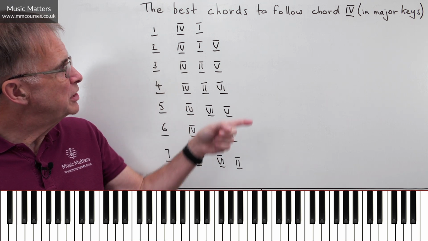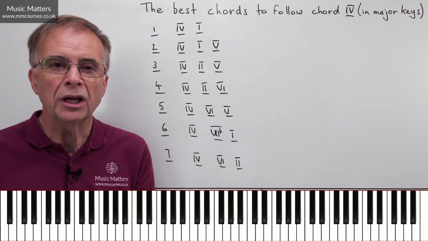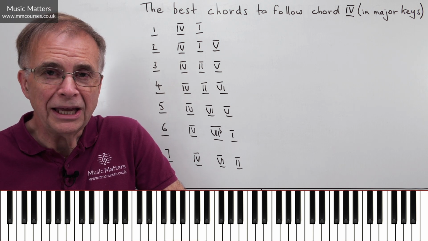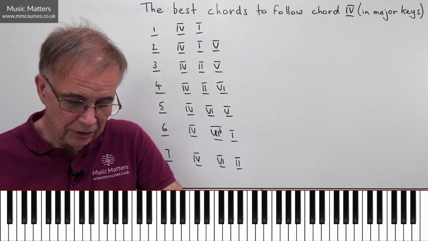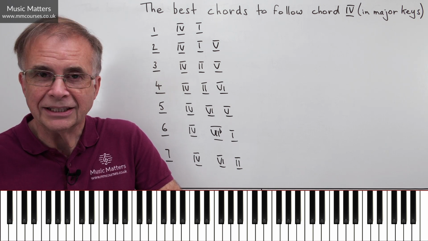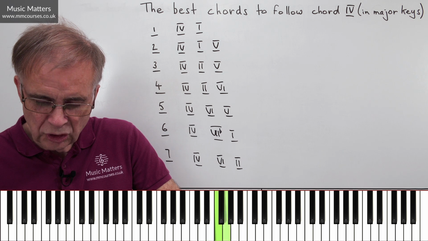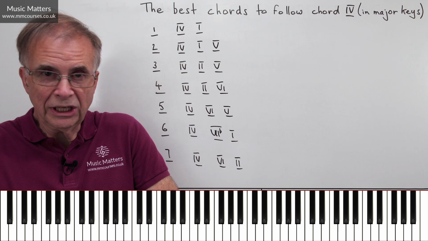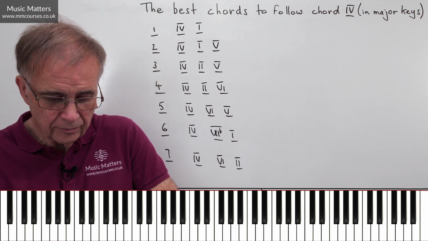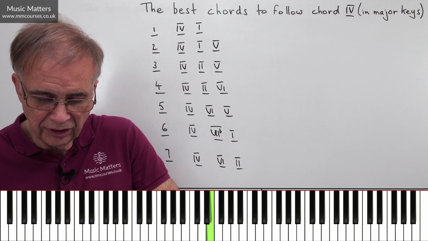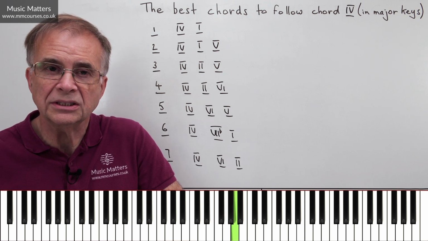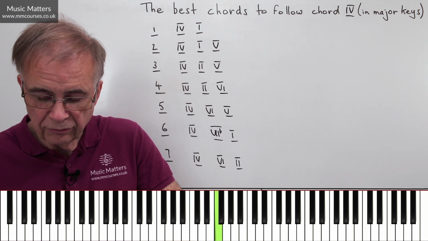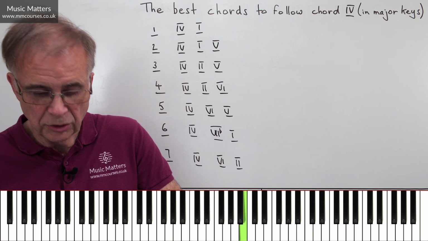First of all, if you see Roman numerals, you know you're talking about chords, so that's a useful pointer. We're going to work in C major for the purposes of this video. So the scale of C major goes like this: C, D, E, F, G, A, B, C. If I number off those degrees of the scale, as we call them, first degree, second degree, third degree, fourth degree, fifth degree, sixth degree, seventh degree, back to the first degree. So 1, 2, 3, 4, 5, 6, 7, back to 1.